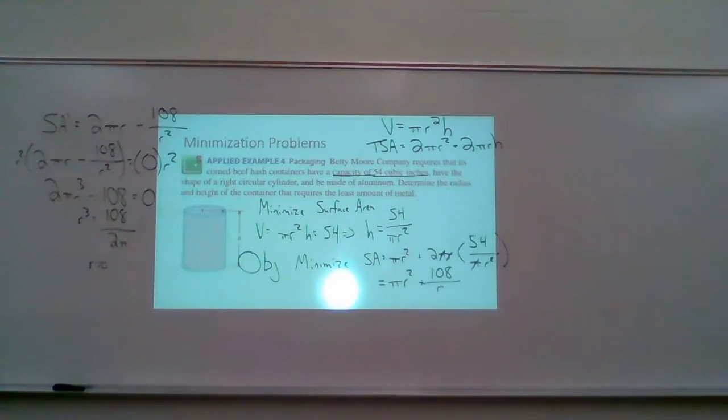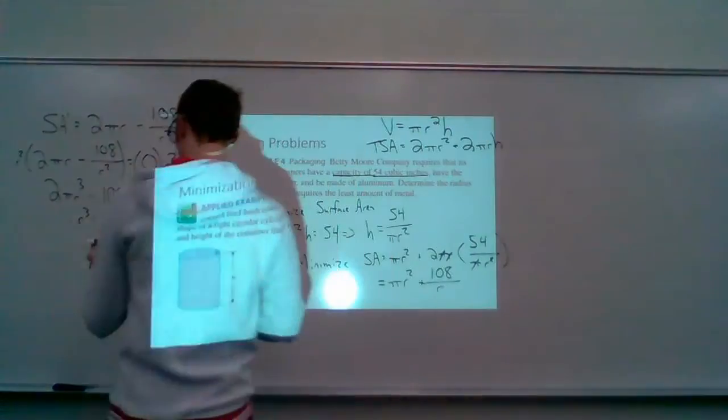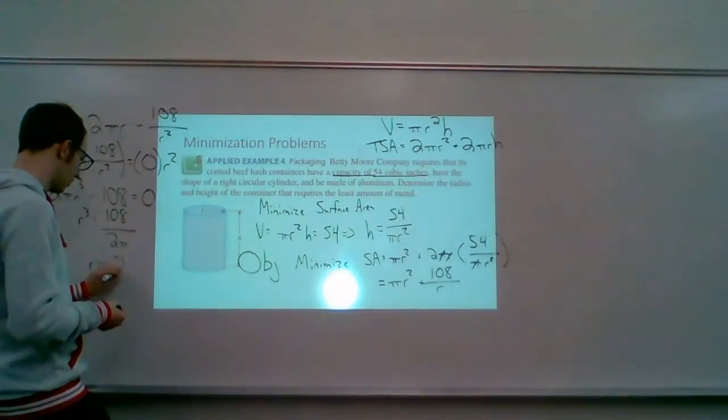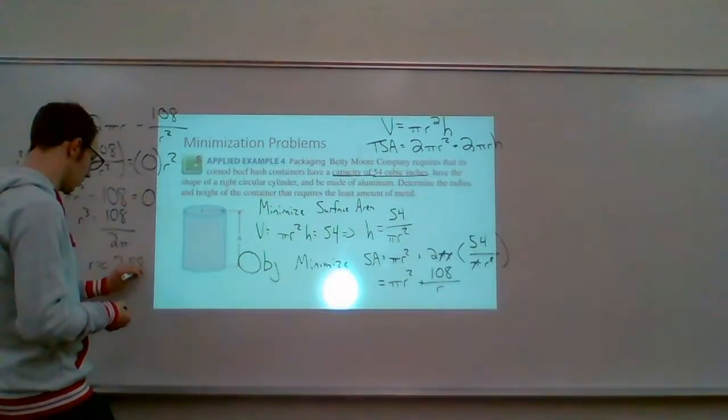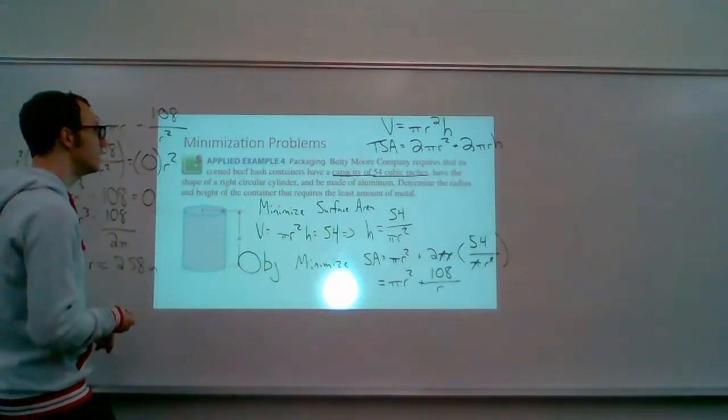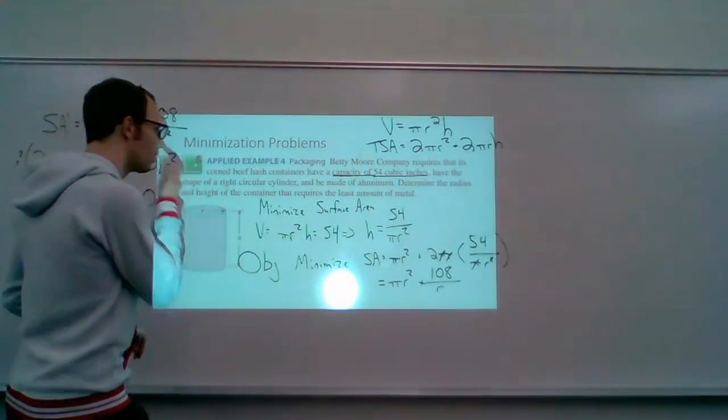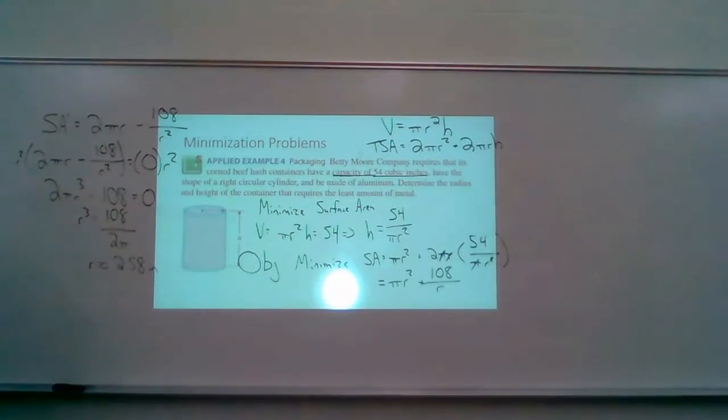Take the cube root of that. 2.58 inches,